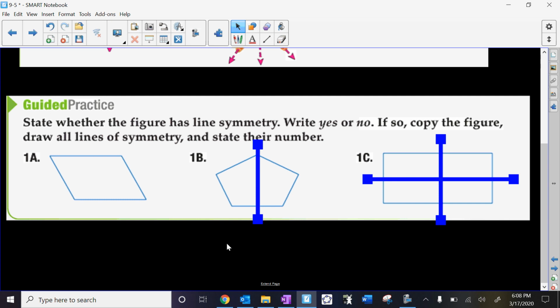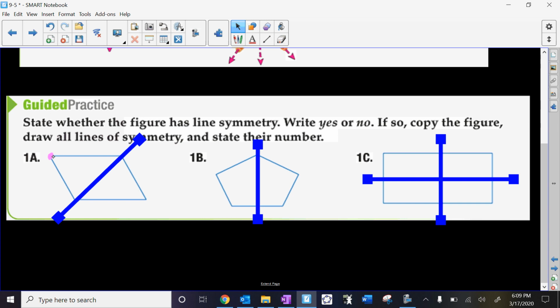1A is kind of interesting, where you think that there might be a couple lines of symmetry, but there aren't any at all. So I'm going to show you one direction, and the other direction will work pretty similar. Some people might think that, yeah, drawing in a line like that would actually get me a line of symmetry. But that's not true. If I take this point up here at the top by 1A, right here, and I was to draw